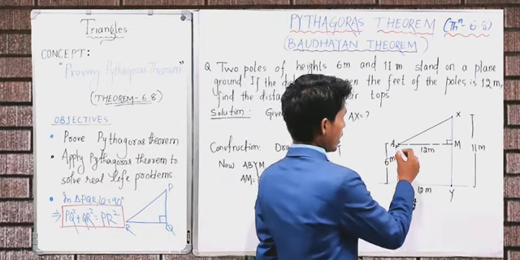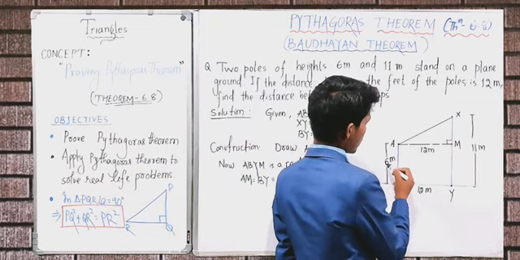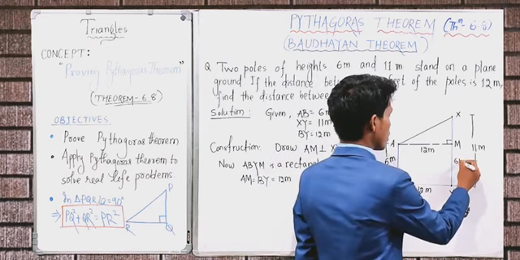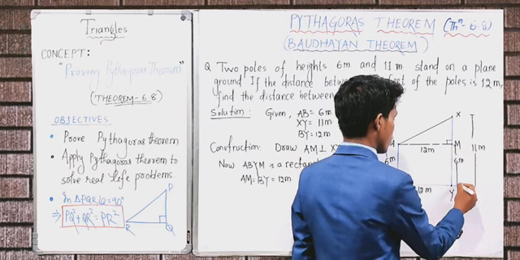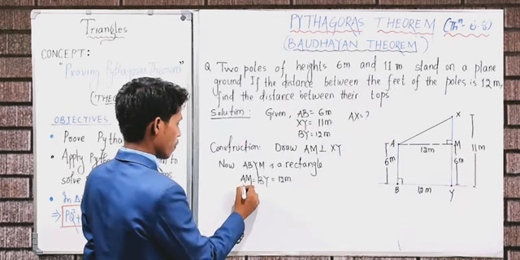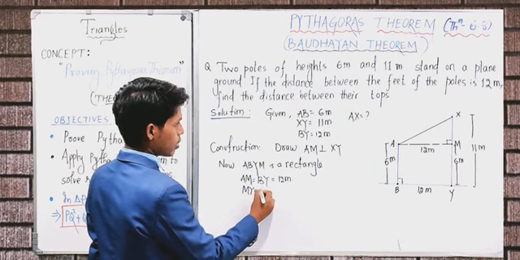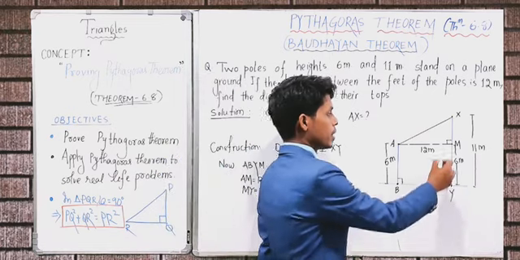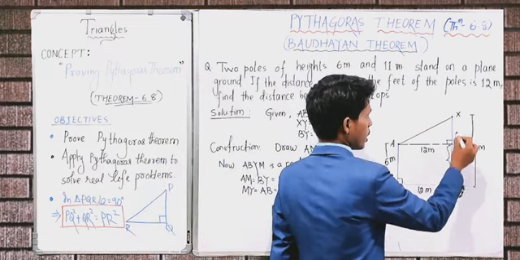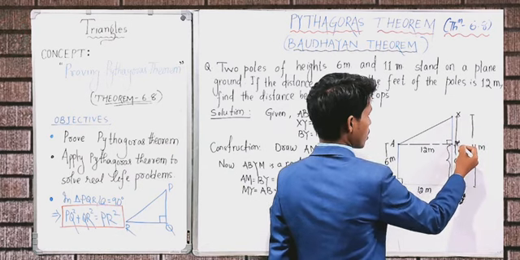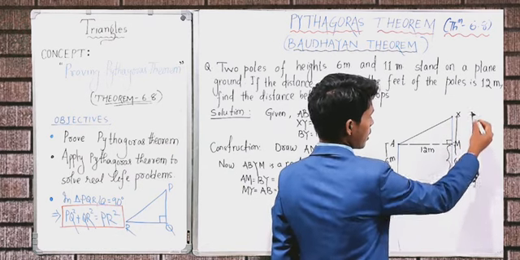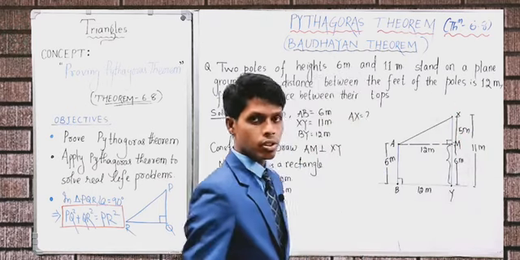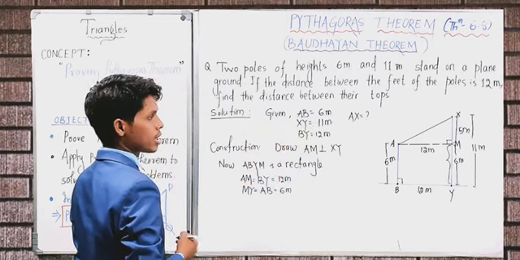Next, see, if ABYM is a rectangle and this is 6 meter, the breadth AB is 6 meter, then MY is also 6 meter from this to this. So we'll write that also. MY is equal to AB, which is equal to 6 meter. Next, if this part becomes 6 meter, then this part, the whole is 11, so this will become 5 meter. If this part is 6, then the upper part is also the rest from the 11, that is 5.